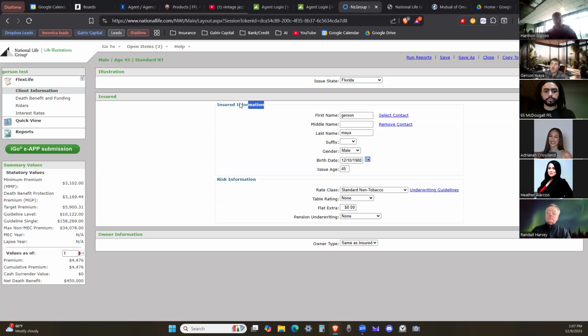That's why it's our job as agents to learn how to sell these products properly and structure them correctly. Because they could be someone's worst policy they've ever had if they thought it was doing one thing and in reality it isn't, and they're not keeping up with the payments. Maybe they're getting capped on the interest rates and they thought it was growing for them in a certain way.